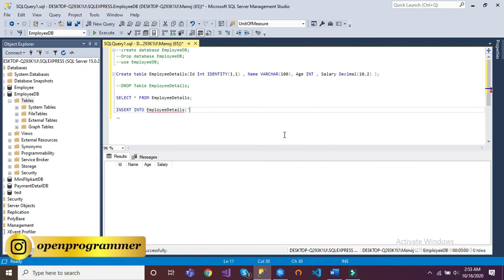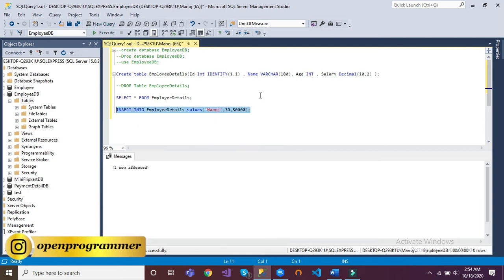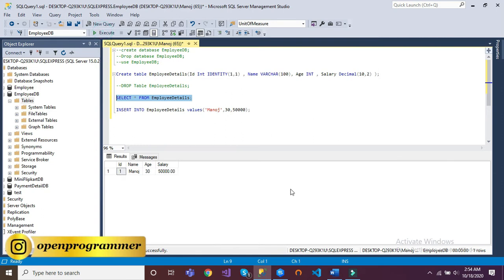So name, let's say Manoj, age 30, salary for example 50,000. After that, values. Select the command, execute it. So you can see one row affected. Now go to the select command. Here are the values: Manoj, 30, 50,000.